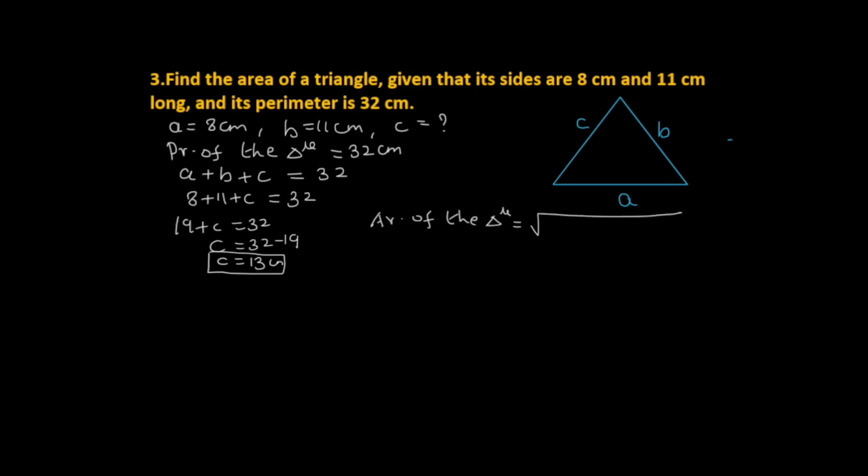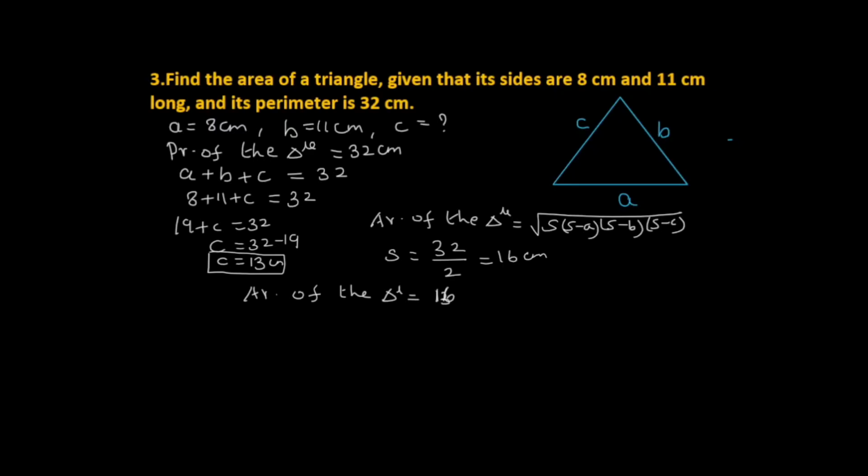Heron's formula is the square root of S into S minus A into S minus B into S minus C. S is the semi-perimeter. So the perimeter is 32 centimeter divided by 2, 16. 16 centimeter is the semi-perimeter length. When we are replacing our units here,